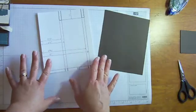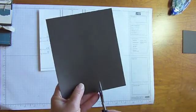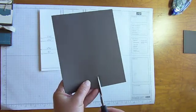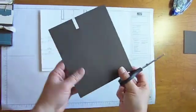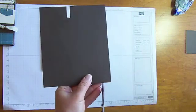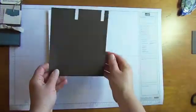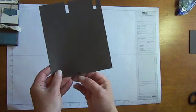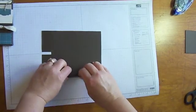Now the zigzag lines are the lines that need to be cut. So I'm going to just do that for you. Cut down to the 1 inch scored line here, and then trim that out. So you'll do that there, and then over here as well, and then we'll trim just these little pieces here. So that what you get is a piece that looks something like this with these little flaps ready to be folded. So now I'm going to fold on all of those scored lines,